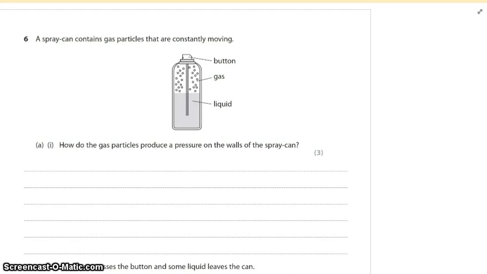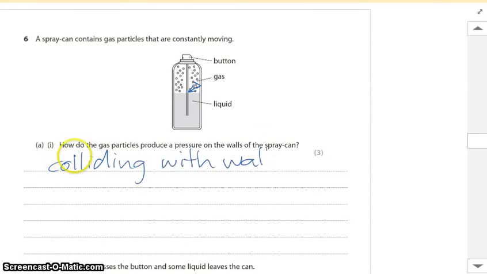So question 6, how do gas particles produce a pressure on the walls of the can? The gas particles are colliding with the walls of the container, and that gets us the first mark. Collisions